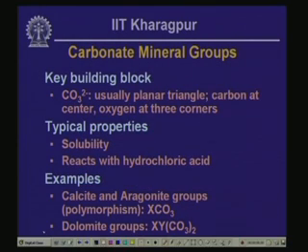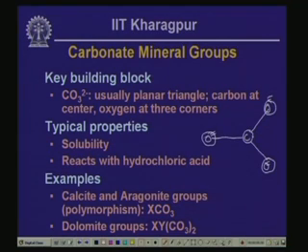So, in this case you have the carbon atom at the center, and then you have oxygen ions at the three corners of the triangle. So, basically this is the carbonate type of structure. If you recall, each one of these oxygens has got two